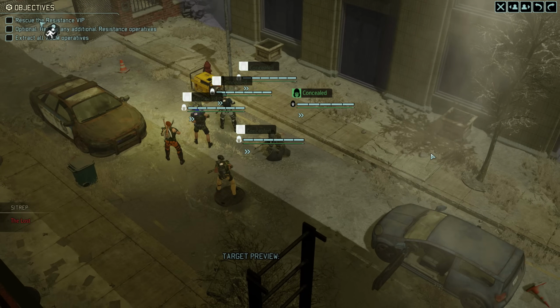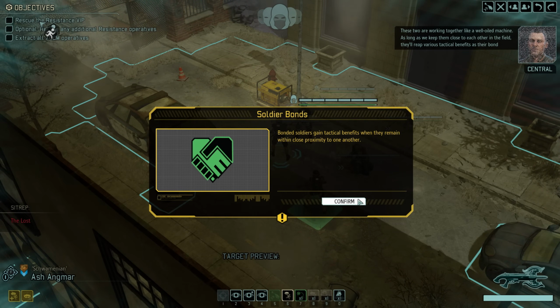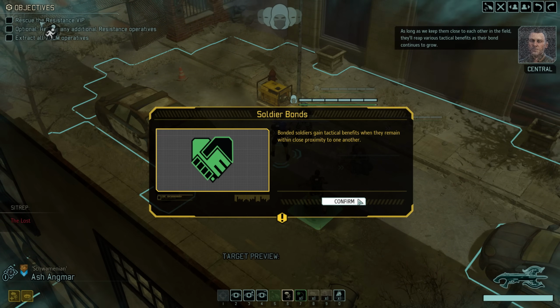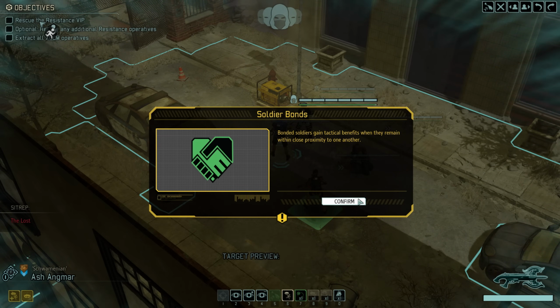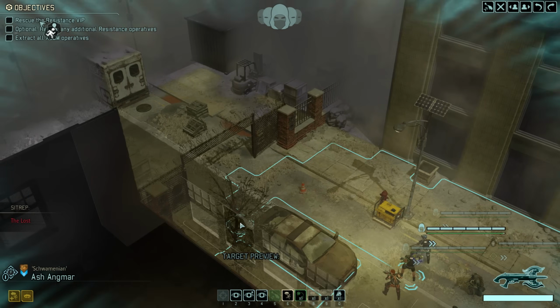Our group is hidden. These two are working together like a well-oiled machine. As long as we keep them close to each other in the field, they'll reap various tactical benefits as their bond continues to grow. Alright, so we have arrived and received a quick reminder about the fact that we have a pair of bonded soldiers with us in Twitchy and Schwamenian,